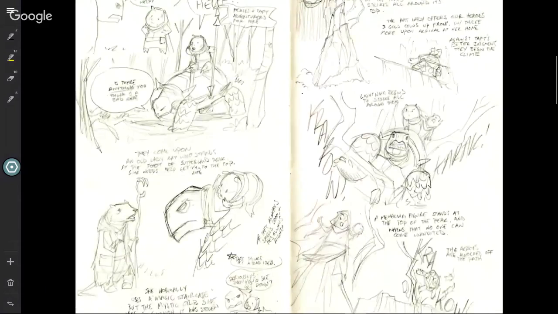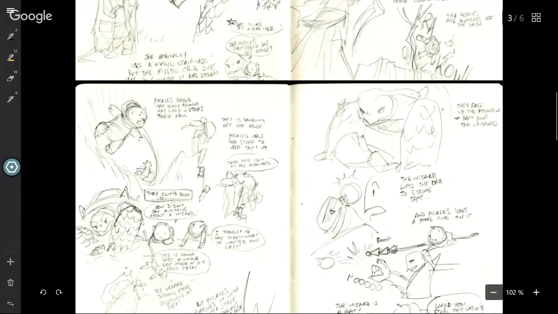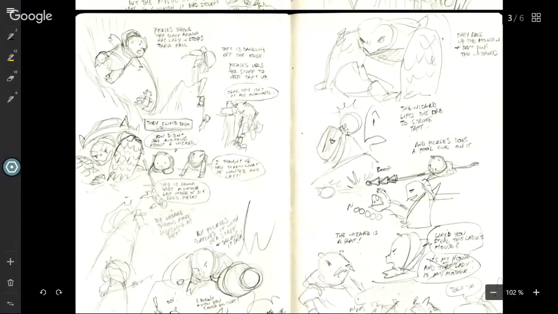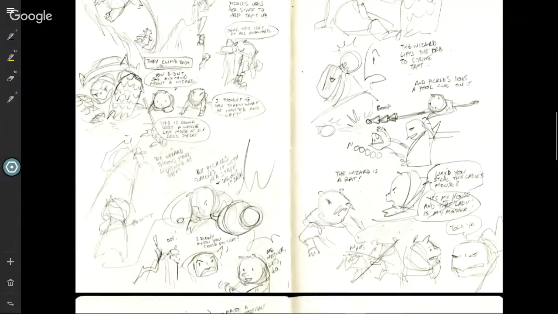So, and then I sketch out they climb the mountain. There's this evil wizard chicken at the top of the mountain throwing lightning bolts at them. Some cool action moments where Pickles and Taft help each other. And then in the end, let's see. Oh, they get to